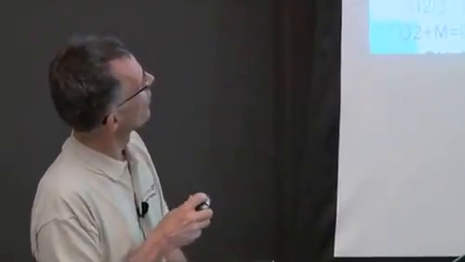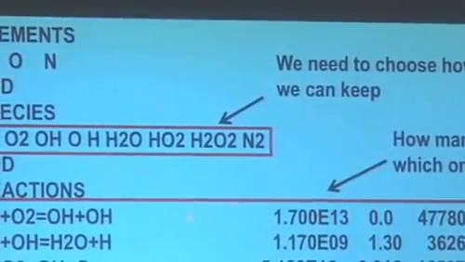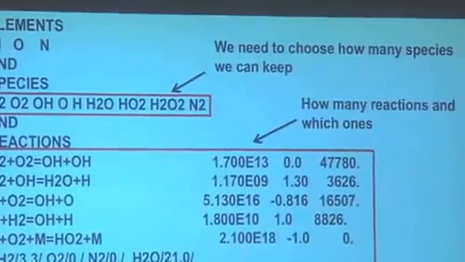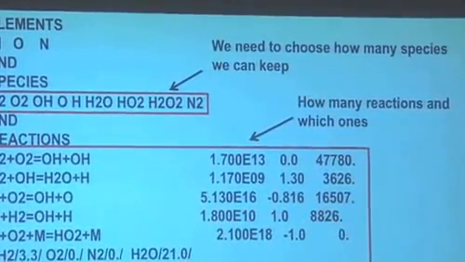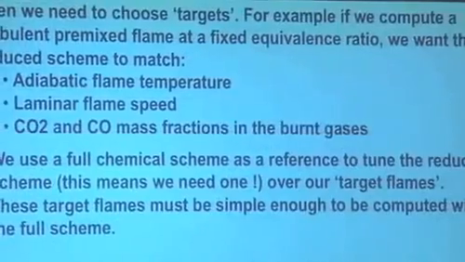Well, in general, if you have only one single step reaction with a fixed pre-exponential constant, you cannot mimic a lot of things. But if we start tuning the reaction constants, actually we can do much more. So basically, we're going to choose a certain number of species. We try to keep that as small as possible. We're going to keep a certain number of reactions, and we will allow ourselves to modify all the constants just to make them match what we would like to have from the full chemical scheme.